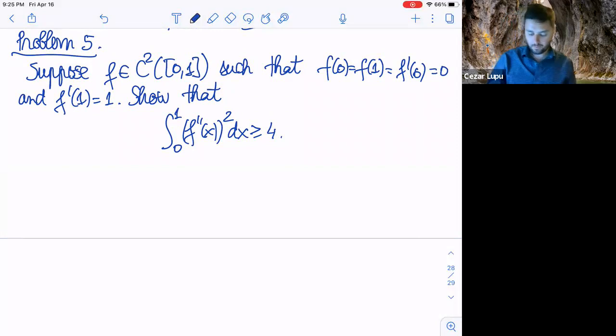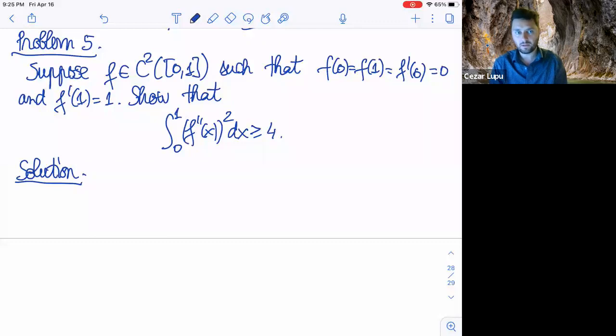So in this problem, as you can see, we are dealing with a C2 function. Let me remind you that the class of C2 functions is the class of functions which are twice differentiable and the second derivative is continuous. In other words, it's good for us to deal with this because we can integrate by parts, so we don't have any problems. And as you can see, I'm estimating the 2 norm of the second derivative. So the ingredients seem to be pretty much clear. Probably we'll have some kind of a Cauchy-Schwarz inequality combined with some integration by parts. Definitely integration by parts should be